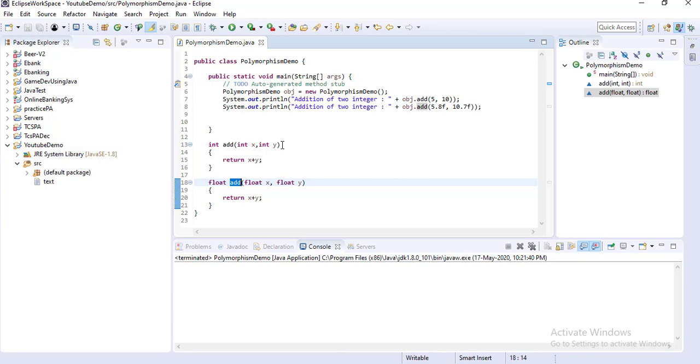Once you have developed a big program in Java, if you use polymorphism and this concept, then from the end user's perspective it will reduce the complexity. The end user only has to memorize a single method name and can pass any kind of parameters, and correspondingly it is the compiler's responsibility and the developer's responsibility.